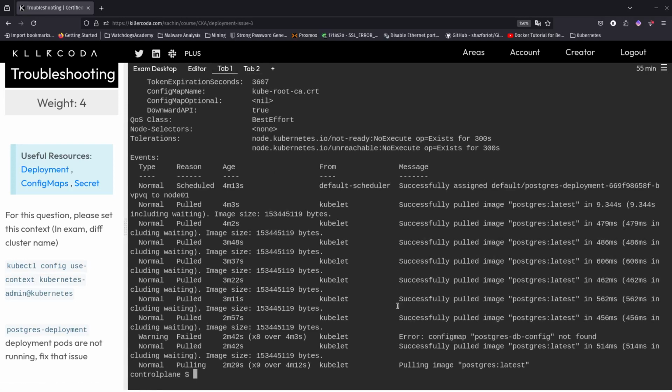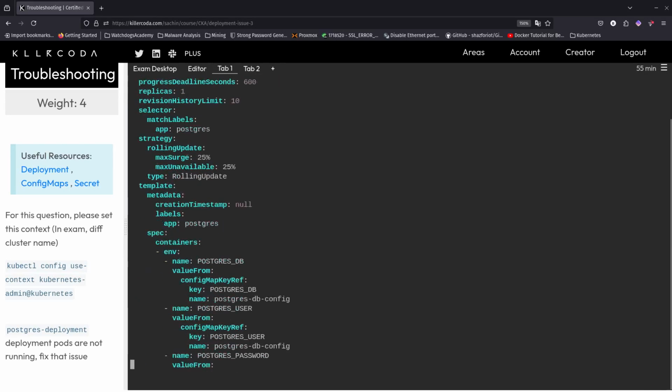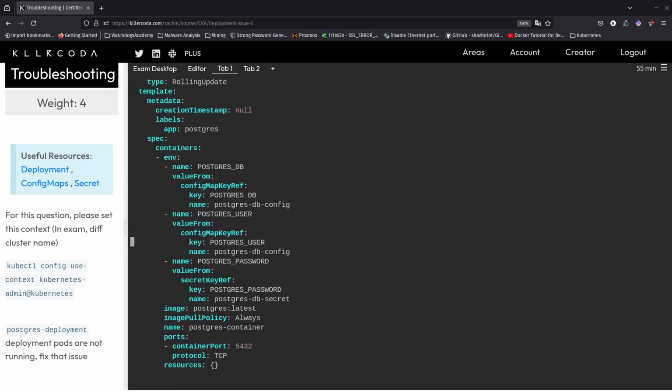Edit deployment, Postgres deployment. So in here, where it says the name, we're going to have to change this right here. Because there's an environment variable and it's looking for a config map key reference. And the key is what is inside this Postgres DB. But it's actually called, it's just called Postgres config, right? Postgres config, yeah. So we got to remove the DB from here,